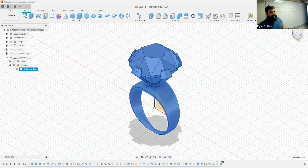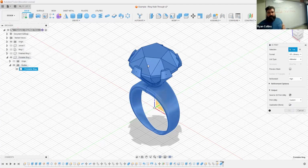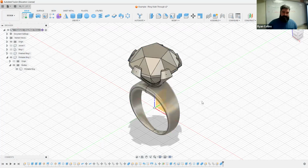From there, standard procedure, go to File, 3D Print, uncheck the Send to 3D Printer, and then just kick it out as normal. We can still use STL format. There's no need to change that at the moment, but just know that that works. Go to save it wherever you're saving it locally on your computer. There you go. It already exists, so yeah, replace it, whatever. Same diff. From there, open up PreForm, and